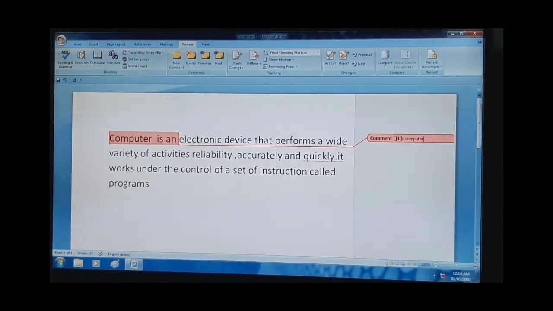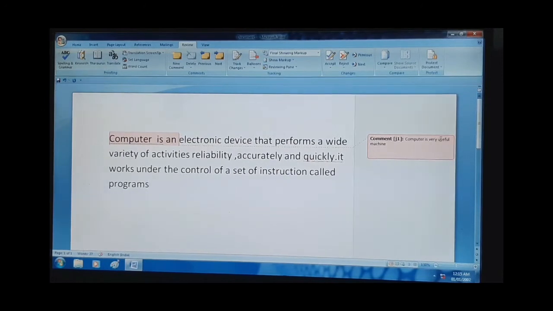So here I am writing down "computer is an electronic machine." It is the comment for that text, computer. After writing the comment, we will come out of the comment box. Go anywhere in the markup area and you can see the comment is saved over here. This is called the markup area, and only comments show there. For every text we select for a comment, the comment will show here with a number.